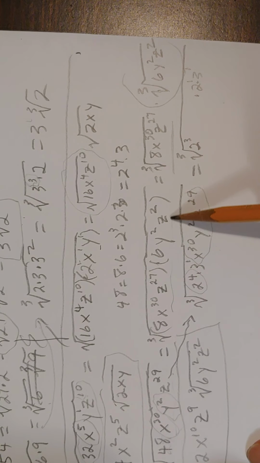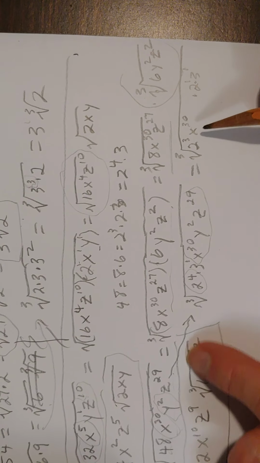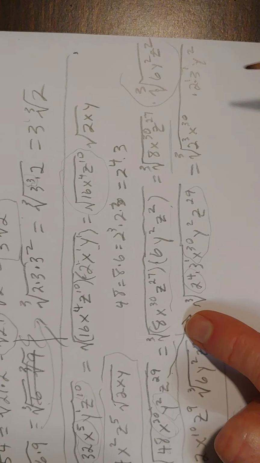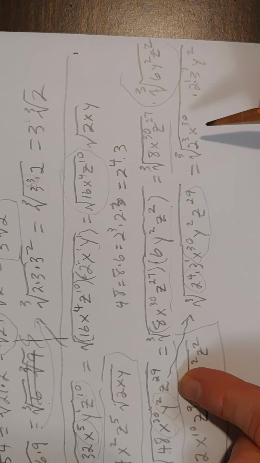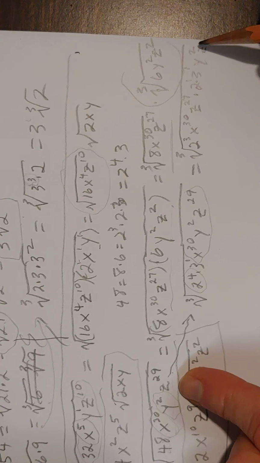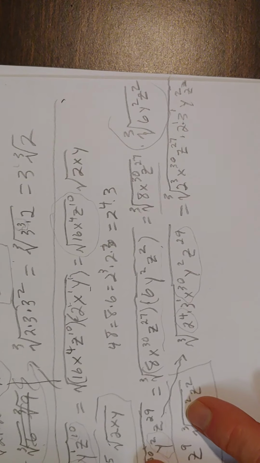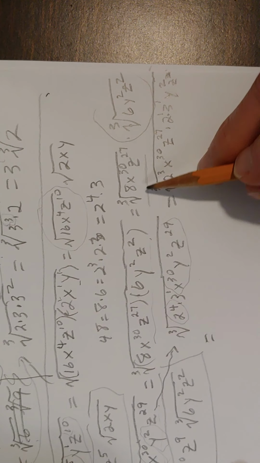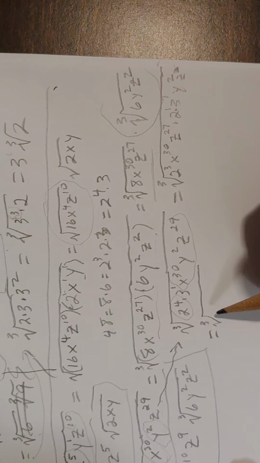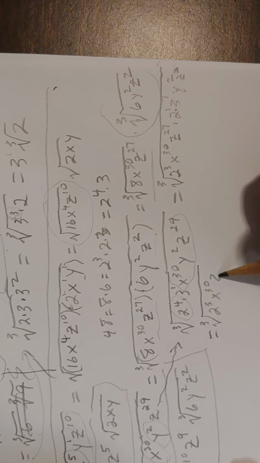Rewrite it like this. See, x to the 30th is a perfect cube. The y squared went over here because the exponent was 2, which is less than the index, so no perfect cube in there. And then the z to the 29th, we had written as z to the 27th times z squared over here. Then, just like we did before, we use the product rule, and we write it as the cube root of 2 cubed, x to the 30th, z to the 27th,